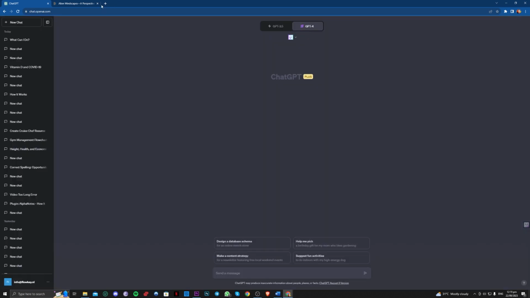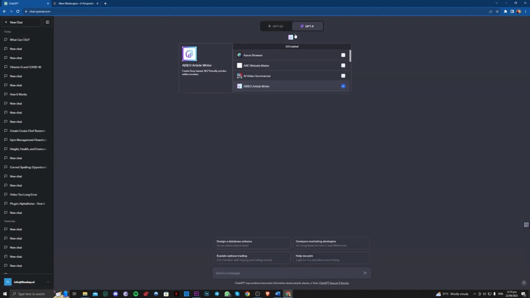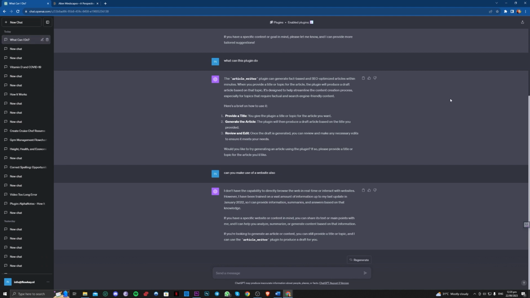Once done with that, you can go ahead and make use of this. Just make sure that the only plugin enabled is article writer, the one we just downloaded or installed. And what can this do? For example, what can this plugin do? As you can see,